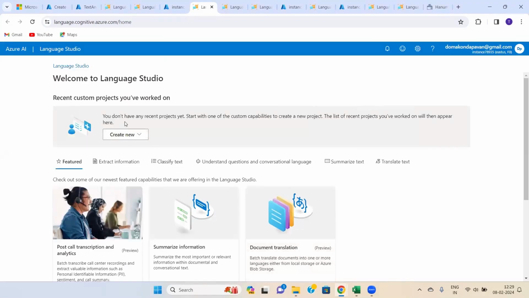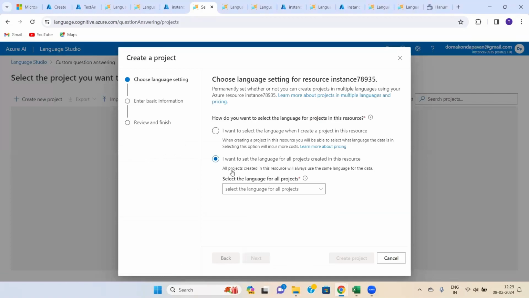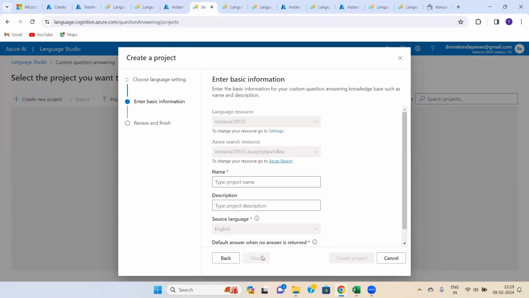As you can see, you don't have any recent projects yet. Here we have to create new. Now here we have to select custom question answering. Here select the language for all projects. Here I'm selecting the language English. Click on next. My project name is Hanuman